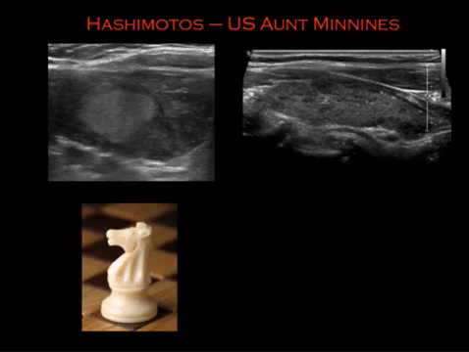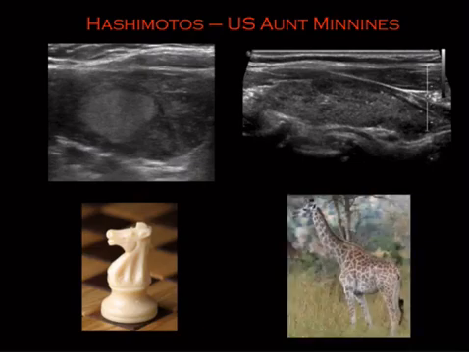The second finding here is this heterogeneous looking parenchyma, sort of spotty looking. Some people will call this giraffe skin. This is a buzzword for Hashimoto's. Now, Graves' disease can be heterogeneous also, so I think this is less helpful. The one that is more helpful is the white knight. But if they only show you one picture, just like the vascularity for Graves, if they show you one picture and it's vascularity with no history, it's Graves. If they show you one picture and it's a heterogeneous thyroid that's got giraffe skin, it's Hashimoto's,